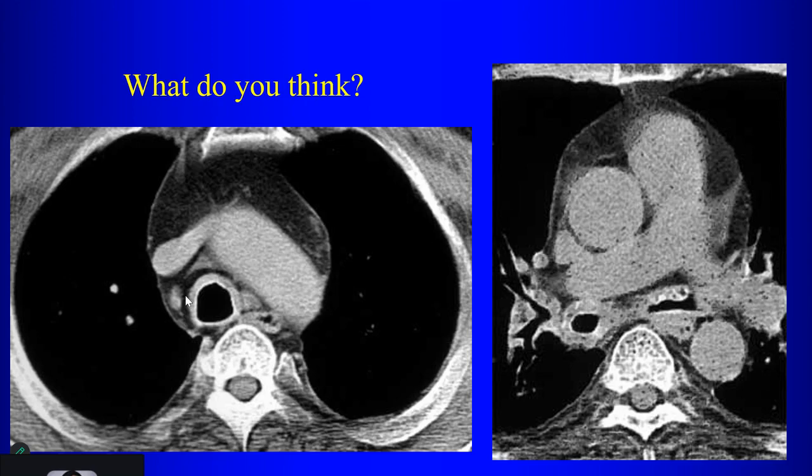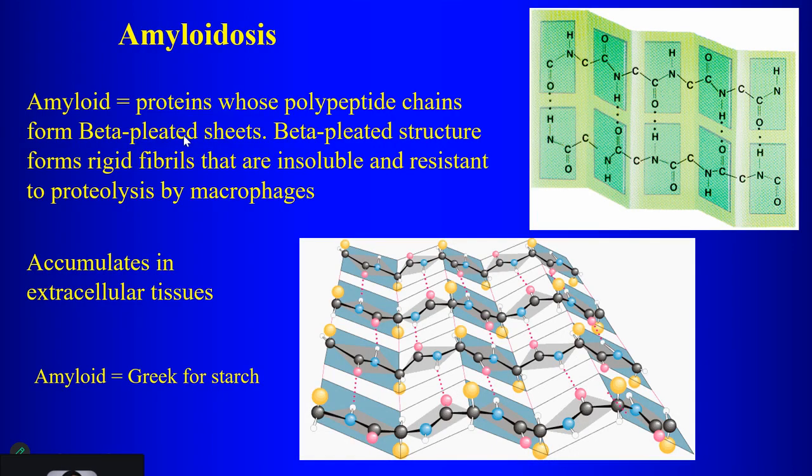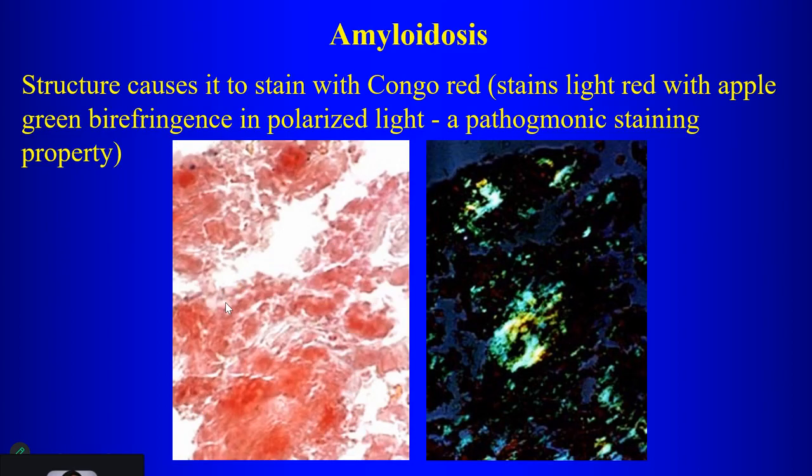Here we have diffuse circumferential narrowing of the trachea and the airway with some calcification. What do we think about here? Amyloid. Yeah, so this is amyloid. That can be associated with calcification. So what happens with amyloid, deposition of this protein because of the polypeptide chain, it's resistant to proteolysis. And so it builds up in the tissues, and it can also happen within the airways. Okay, it accumulates in extracellular tissues. Amyloid is the Greek word for starch. Congo red stain or apple green birefringence, that's what the pathologist looks for to make the diagnosis of amyloid,